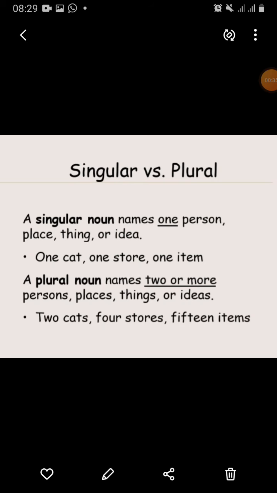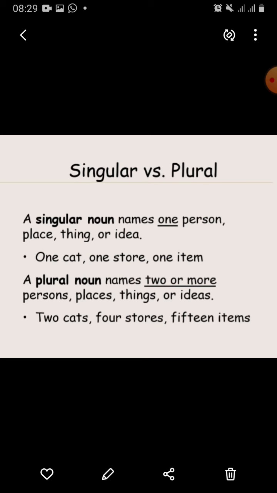Singular versus plural. A singular noun names one person, place, thing or idea. Singular means one thing. For example, one cat, one store, one item.